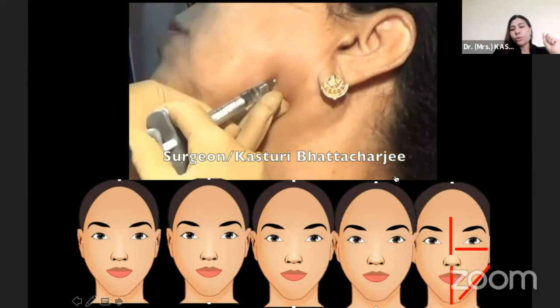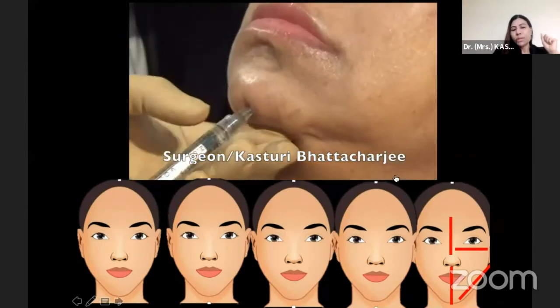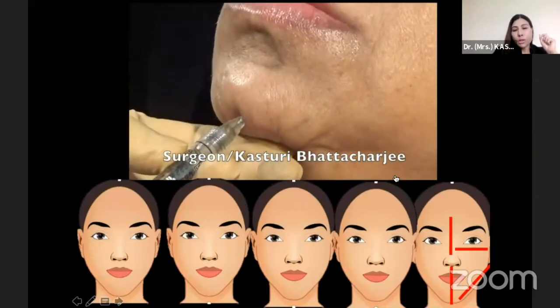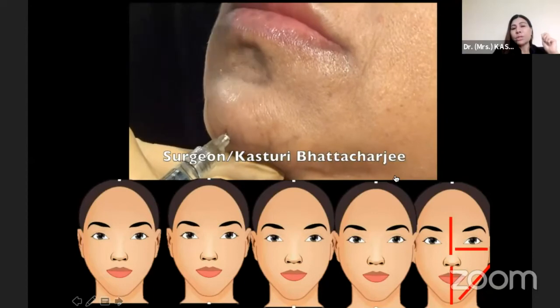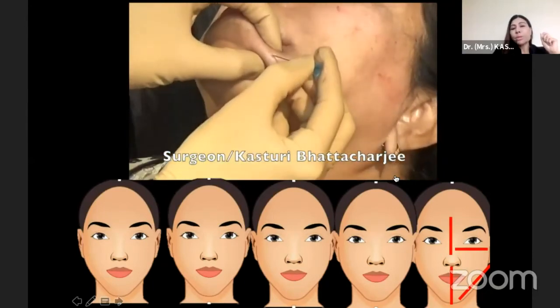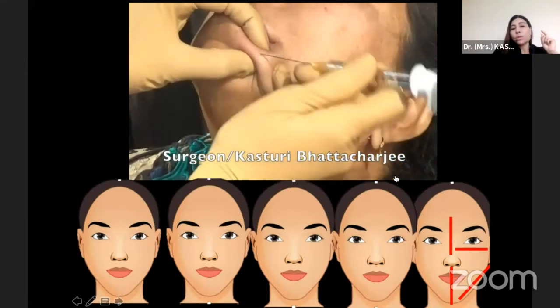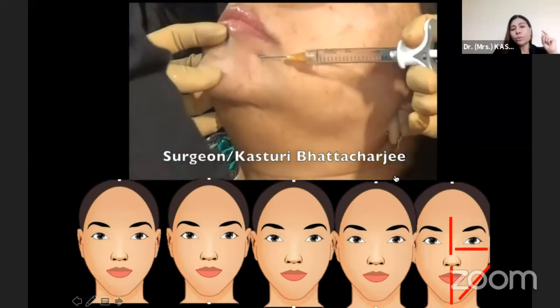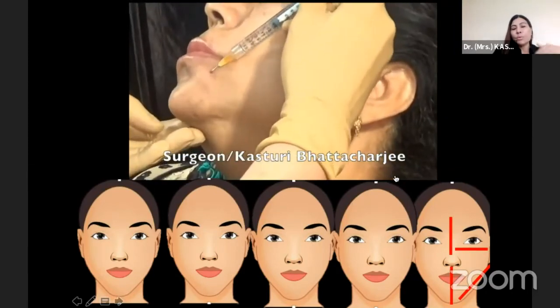And then in the lower point, we have the gonial angle, which we inject, and then the chin eminence. So these are the points where you touch with a needle. But if you want to touch the labiomental region, it should always be with a cannula. Why I'm telling you, as Shilpa mentioned about myomodulation, you should be very careful in this region, because if you have a reverse myomodulation, this will reverse the direction of the chin and it will be moving upwards.